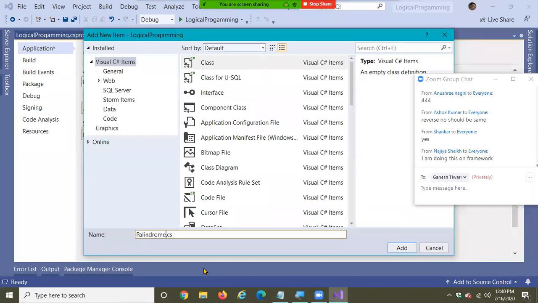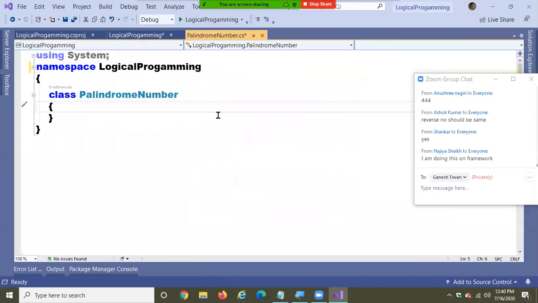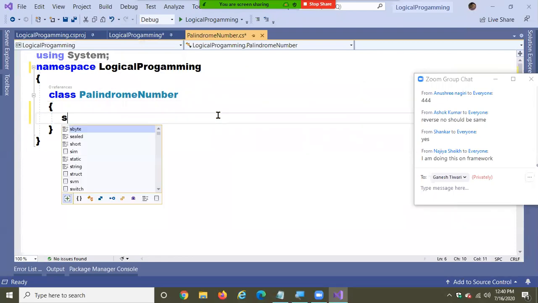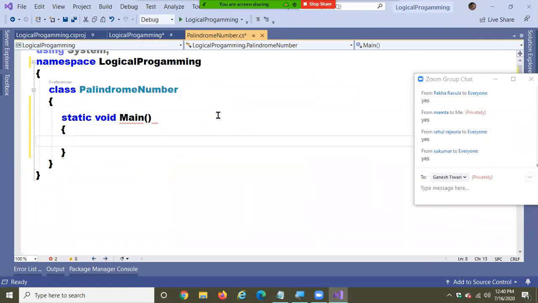Palindrome number. I'm writing a class here, PalindromeNumber. Do you remember yesterday I wrote the logic for reversing a number? Yesterday I explained the logic for reversing a number. Do you remember?